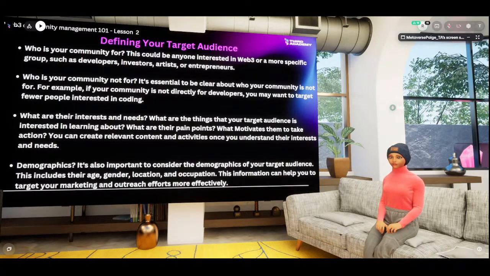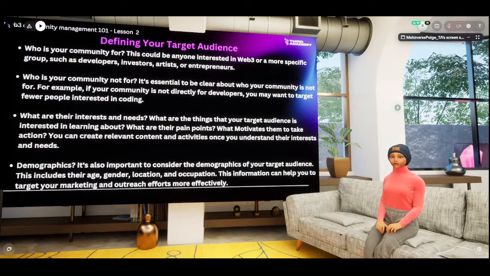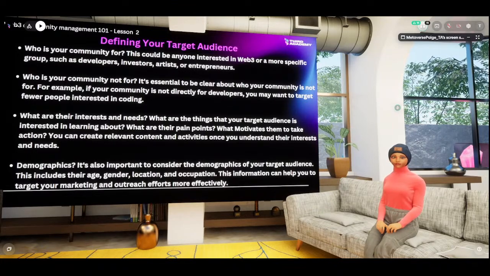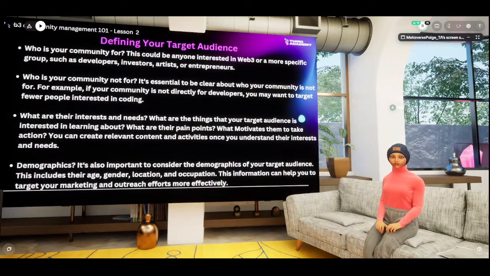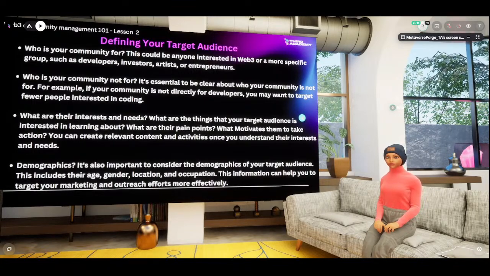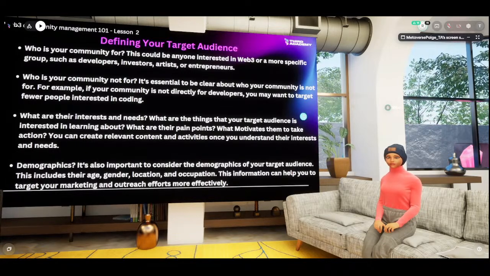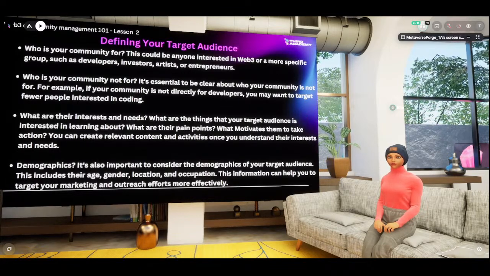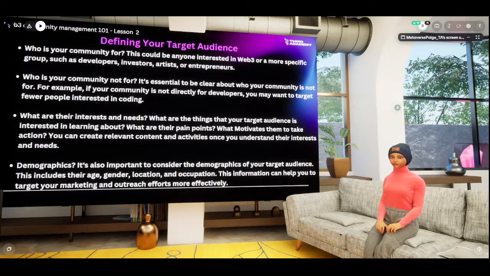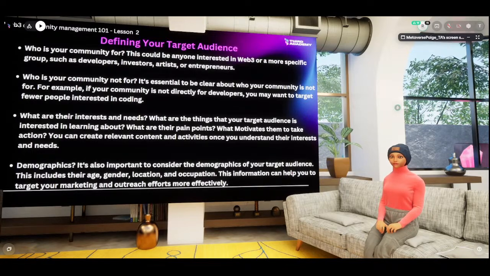So as we move forward, you will learn how to create your member persona. Let's move on. Now, another question you want to answer for yourself, and these are things you do at the beginning. Let's say you just got a role at a company. These are things that you do. You could also do it if you're currently working for a brand.